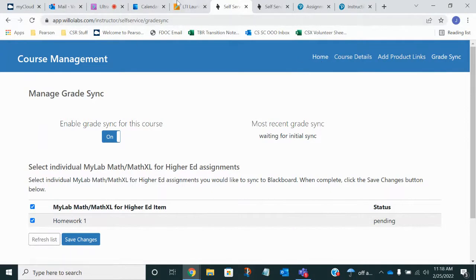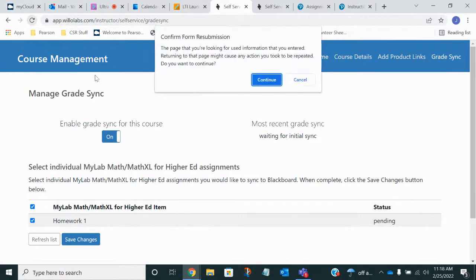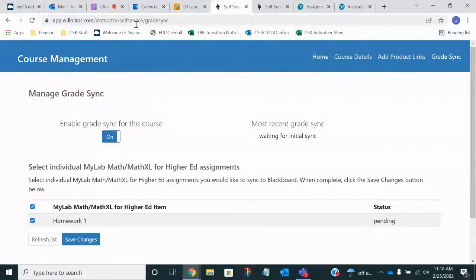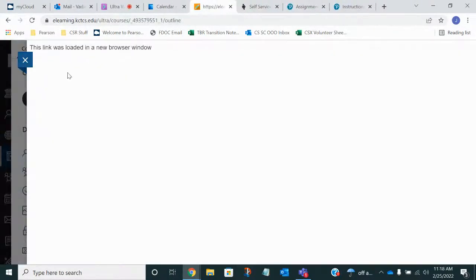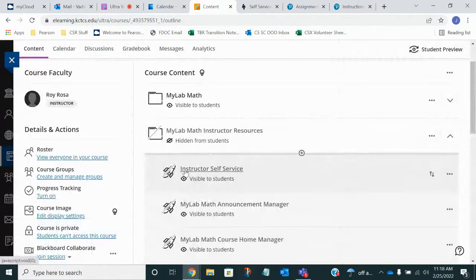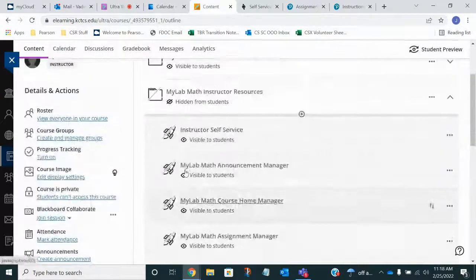Let's see if it goes over faster than that. Sometimes they come over real quick. But whoopsies, I clicked refresh and broke everything. Okay. It might take a minute or two for it to come over, but as I was mentioning earlier,